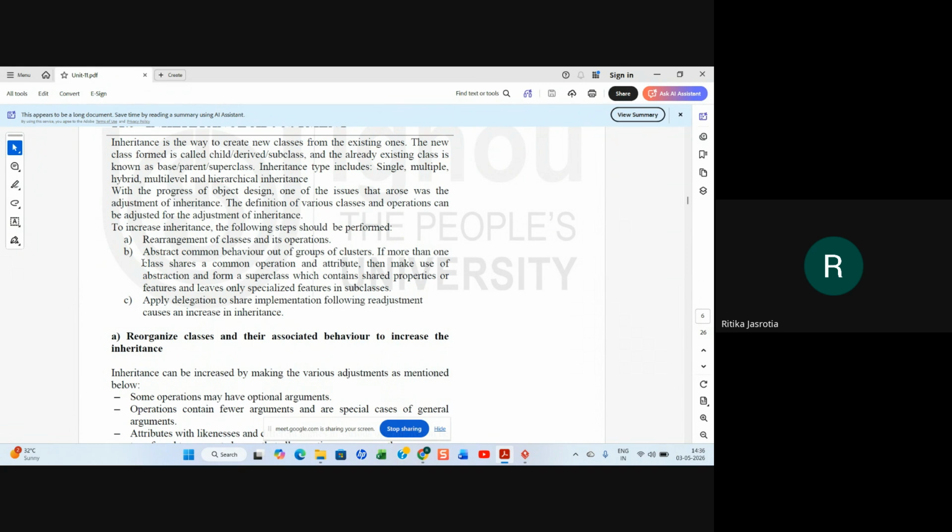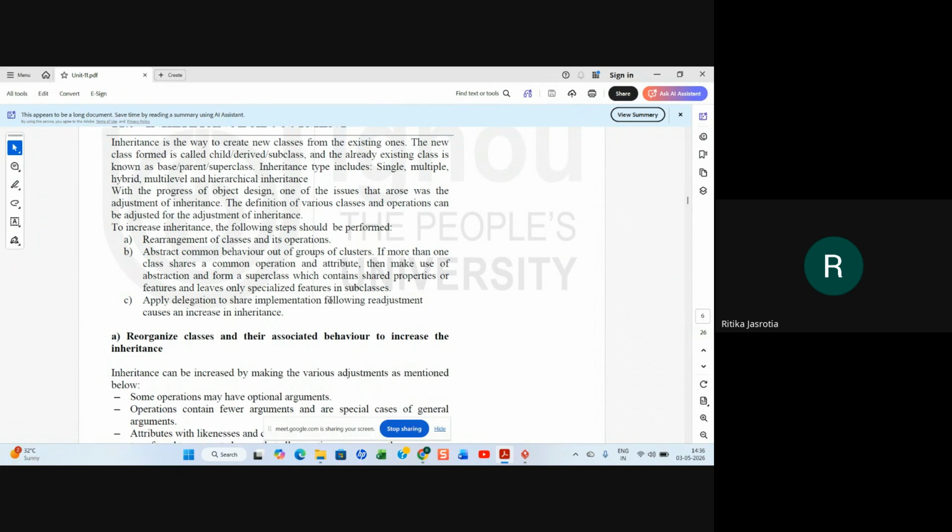If more than one class shares a common operation and attribute, then make use of abstraction and form a superclass which contains shared properties or features, and leave only specialized features in the subclass. Like we have an example of shape. Shape is an abstract class, superclass, and you have different types of shape like circle, rectangle, square. To draw a circle, the formula is different. To draw a square, the formula is different.